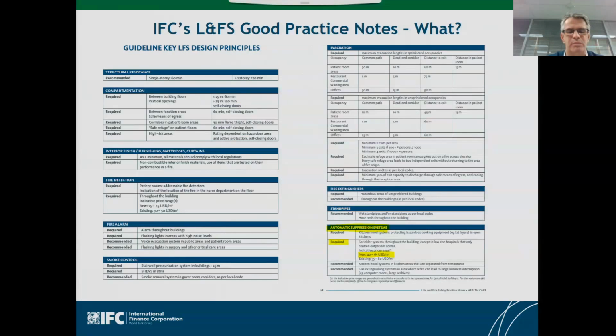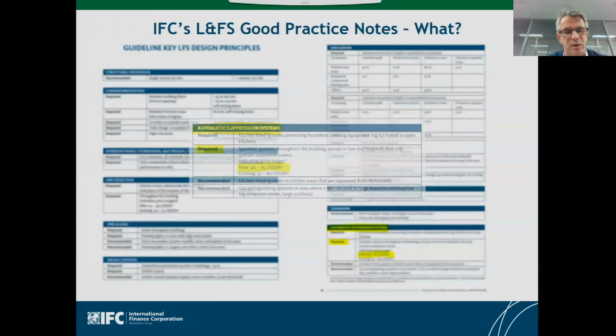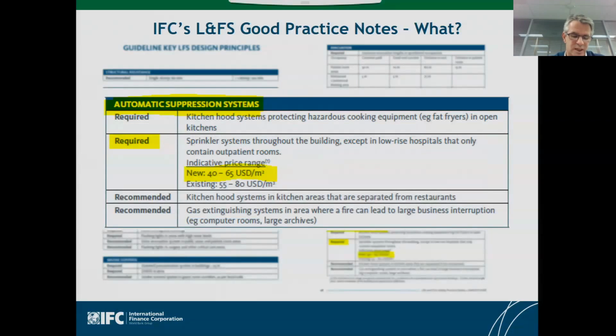Here, maybe the slide is not clear, but the purpose of the slide is to give the reader some information on costs. As I said, sprinkler systems are a heavy cost. A detection and alarm system is always recommended and mostly required by local standards and codes. But what is the average cost? So a project team, in an early phase of the project, can make a rough estimate of the costs that will involve the installation of different types of systems. If I'm not mistaken, we give an average cost for detection and alarm in the documents, and also on